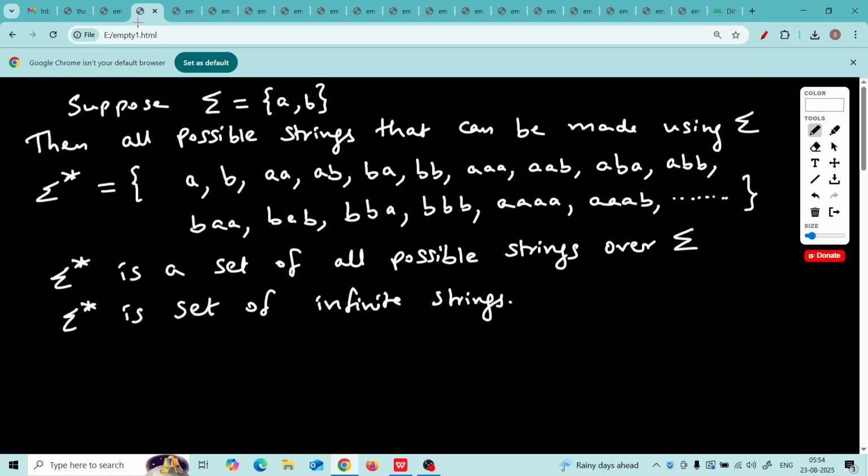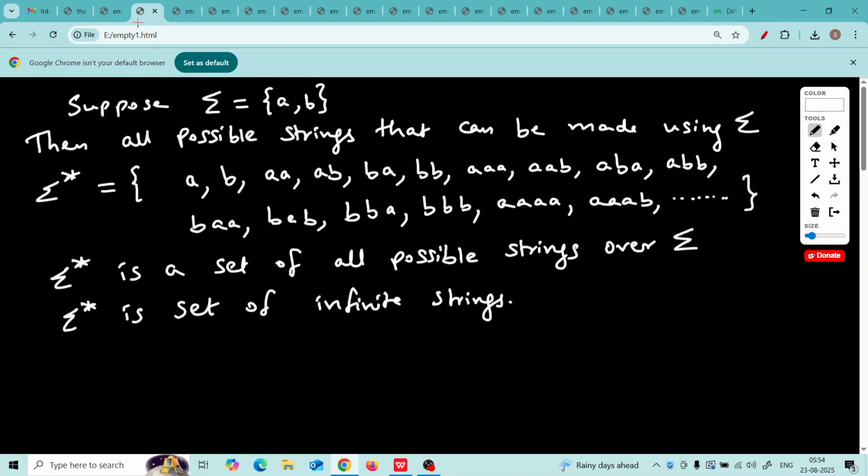If I ask you how many letters are there in English alphabet, you will say A, B, C, D, E, F up to Z, isn't it? Now, in our world, sigma contains only a comma b. That means in this problem that we are solving, only two alphabets are there, a comma b.